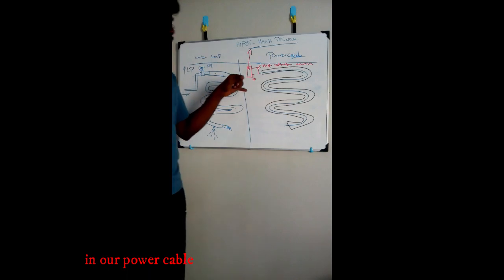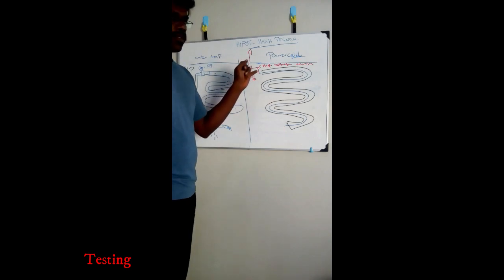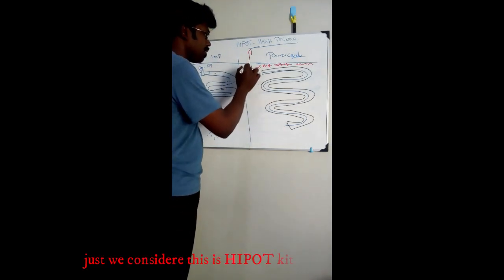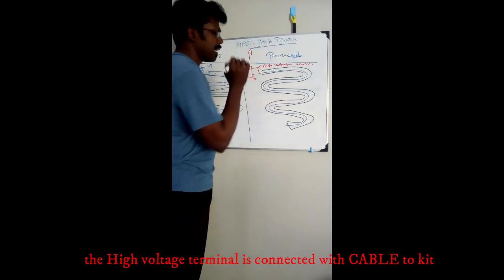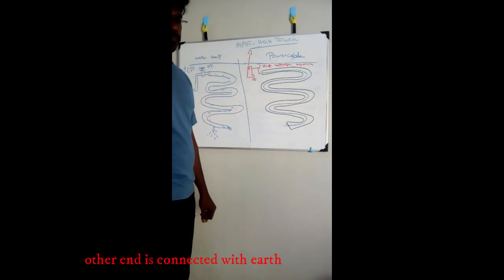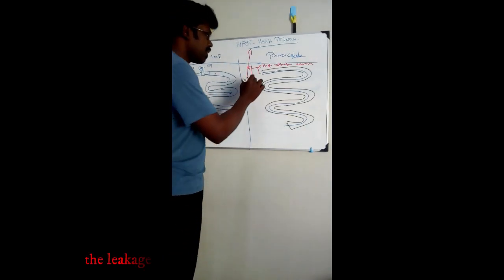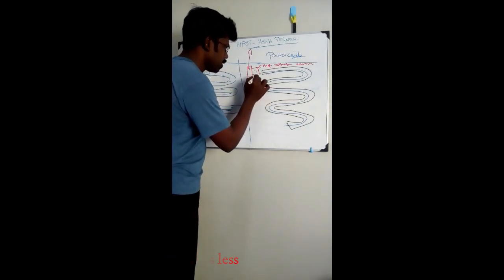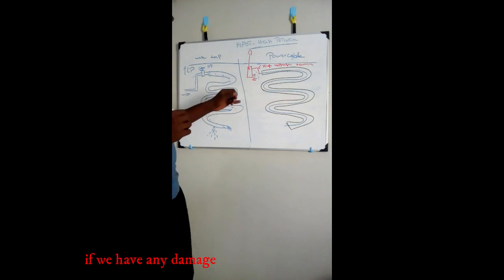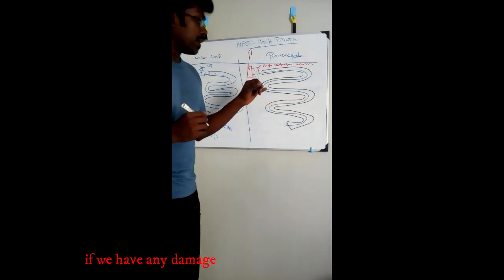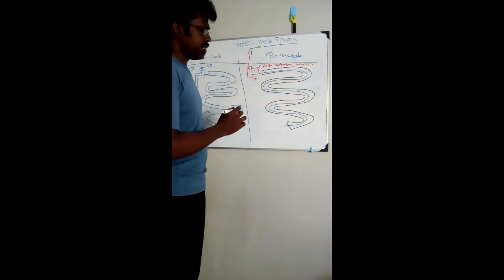In the same way in our power cable, when you are using high voltage testing, we consider this as a HIPOT test kit. The high voltage terminal is connected to the kit and the other end is earth. When you inject the high voltage, if the cable is good, then the leakage current through this path will be very low. If we have any punctures or damage in our cable, then when you increase the voltage,